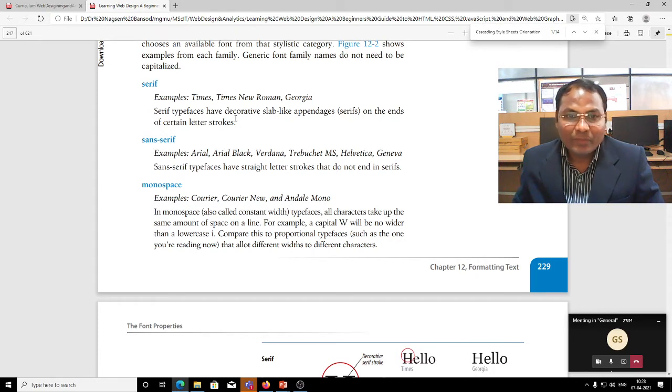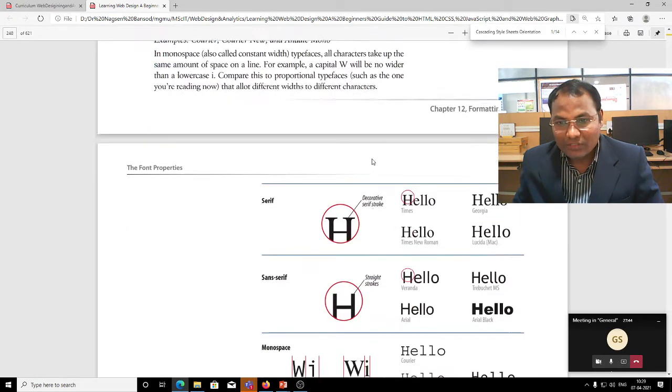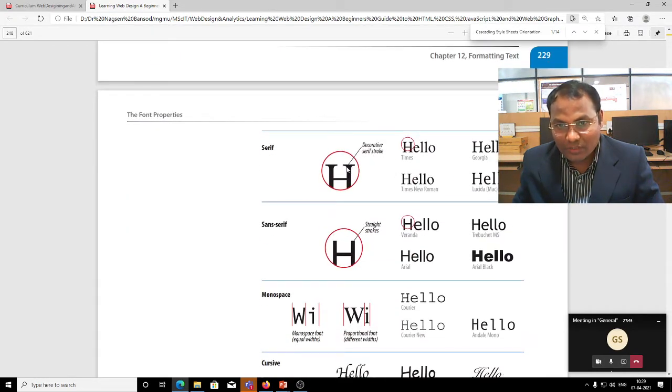Serif typefaces have decorative slab-like appendages, serifs, on the ends of certain letter strokes. Here you see the serif font strokes. This H is different from this sans serif.